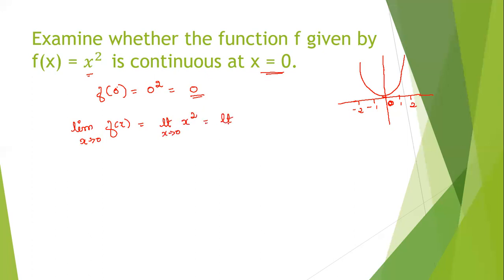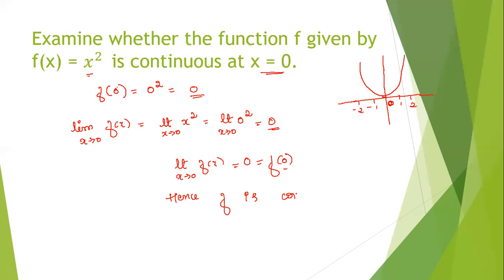This is nothing but limit x tending to 0, 0 square. Idu kuda 0 sigta ide. So limit x tending to 0 f of x is equal to 0, and that is also equal to the functional value of f at 0. So we say, hence we say that f is continuous at x is equal to